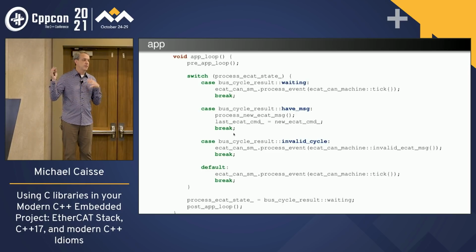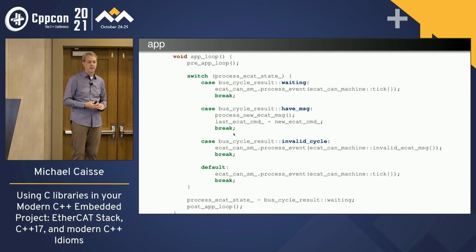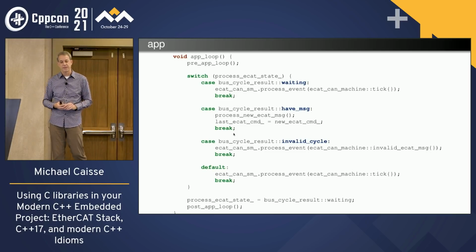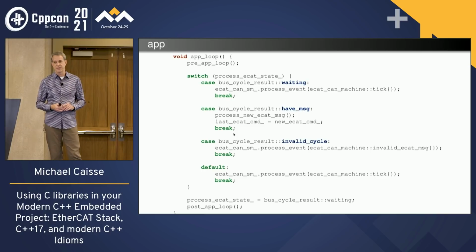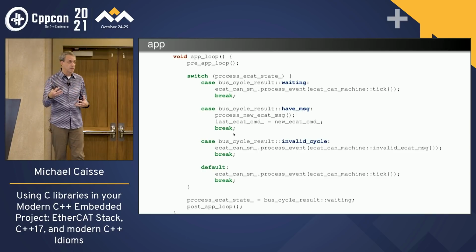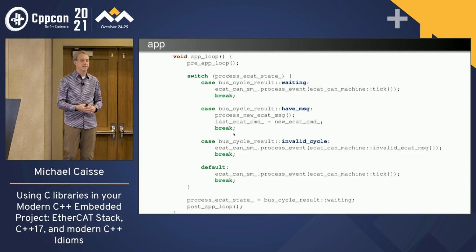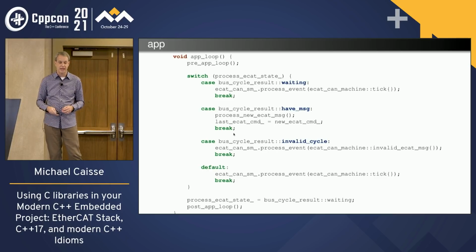So its whole purpose is just to create an object that it can then dispatch to the state machine to do the right thing. The case there with the have message is calling a fancier thing that just figures out again what just came in from EtherCAT of its message type and creates a real type out of that and passes that off to the state machine. So everything goes back to the state machine.